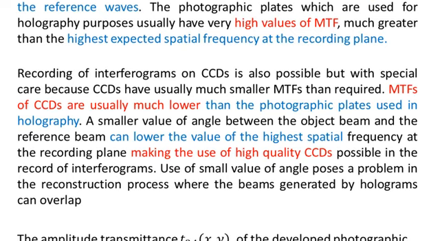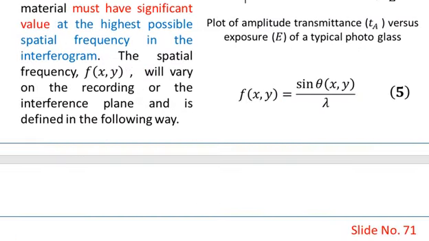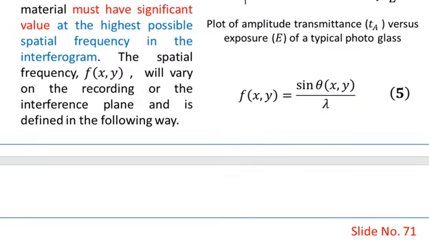Use of small value of the angle poses a problem in the reconstruction process where the beams generated by the holograms can overlap. So you see that if theta is very small, we can record the hologram, but when we use the hologram to reconstruct the object beam and the reference beam, that is the reconstruction of the hologram, then you know that in that process we would not be able to separate out our required beams from the reference and the